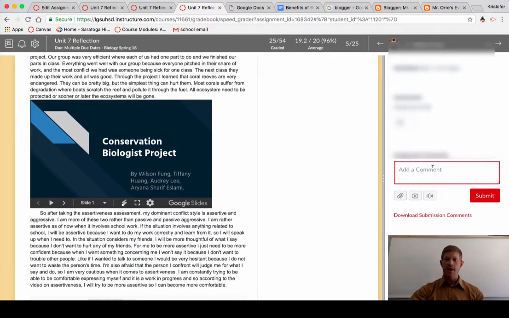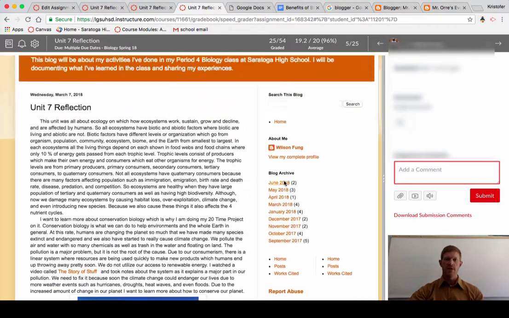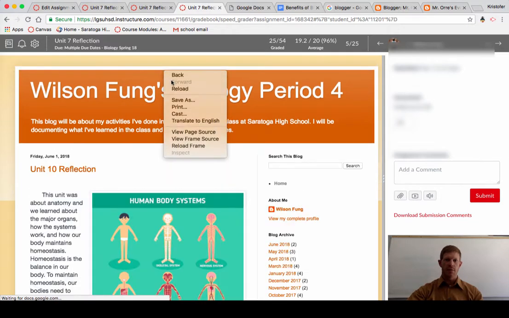I can then comment on here. If I have a rubric, I can use the rubric to grade. I also have the ability to assign peer reviews. There's just a lot of different things you can do. So here now I have a really high-level project that they're working on, but I don't have to collect it. I can see it electronically, grade it electronically, and if I go to this student's blog,